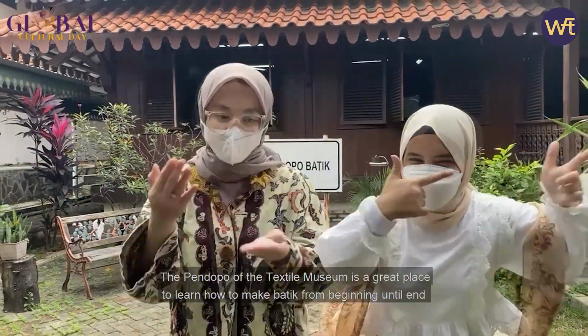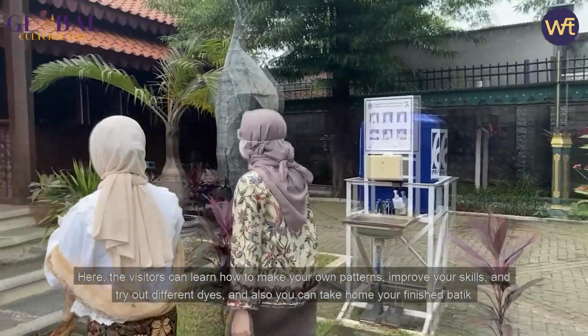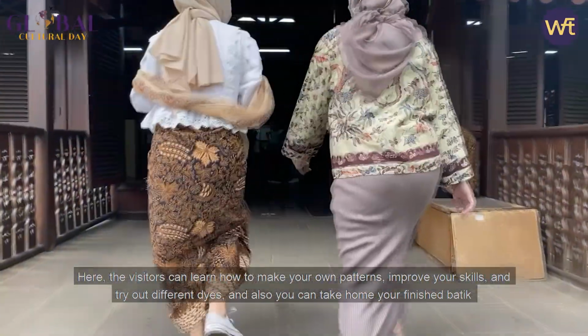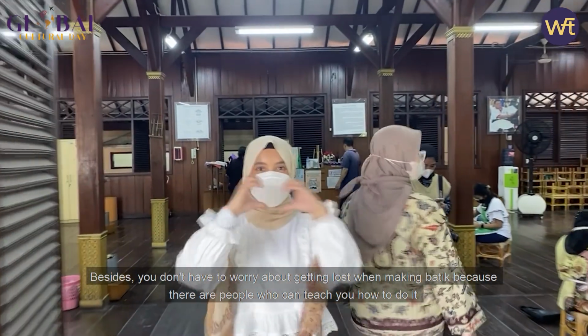Woohoo! The Pendopo of the Textile Museum is a great place to learn how to make batik from beginning until the end. Here, the visitors can learn how to make their own patterns, improve their skills, and try out different dyes, and also you can take home your finished batik. Besides, you don't have to worry about getting lost when making batik because there are people who can teach you